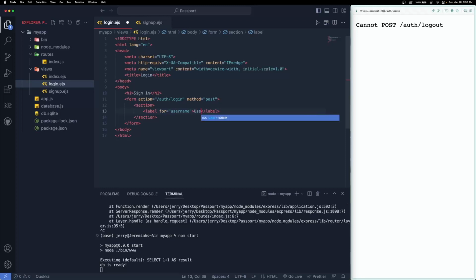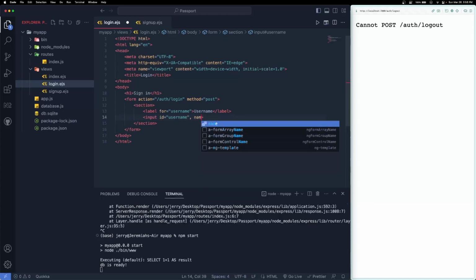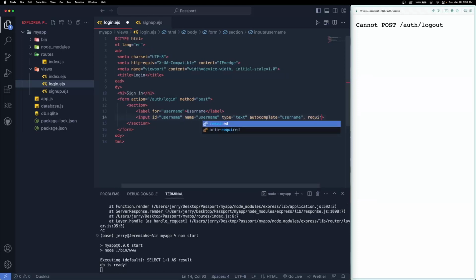We'll call this username, and then we're going to have an input here with an ID equal to username, name username, type equals text, and then we could add a couple extra fields for user experience's sake. So we're going to go autocomplete equals username, required,